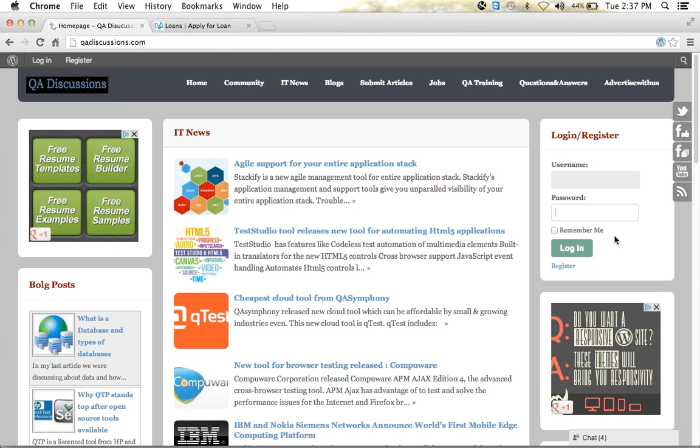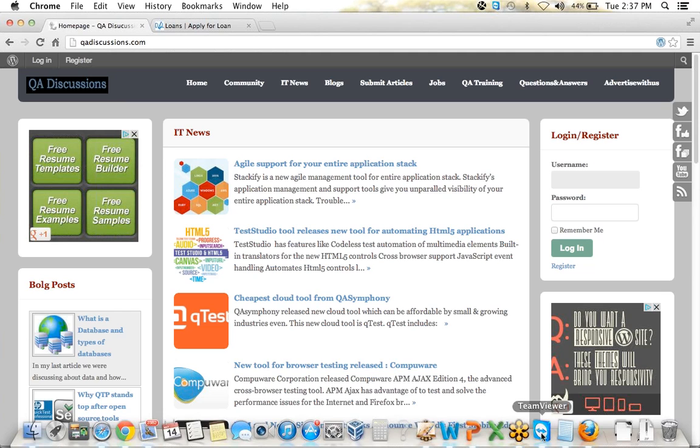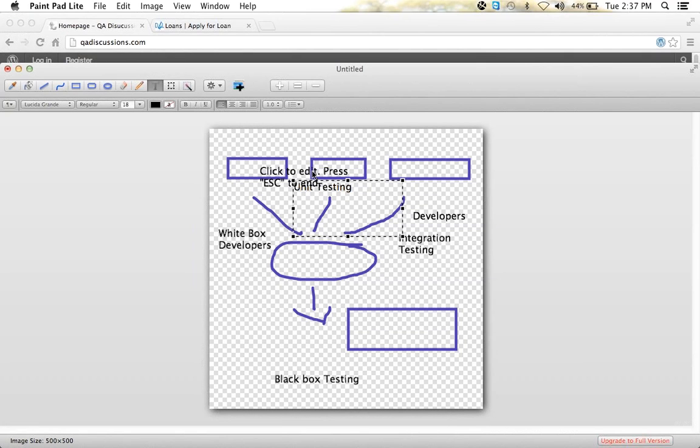And on a whole, after integrating all the code, for example, the home is developed by one developer, and another block is developed by another developer. So they'll integrate the code and then verify here. So the first testing each developer does is called unit testing, and then after integrating into one system, it is called integration testing. And the next one, whatever we do, is called system testing.